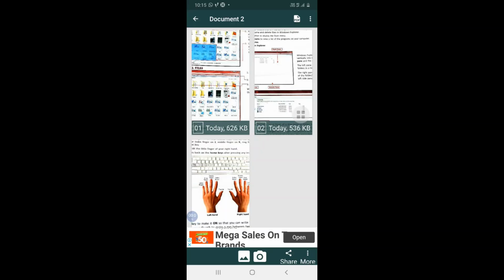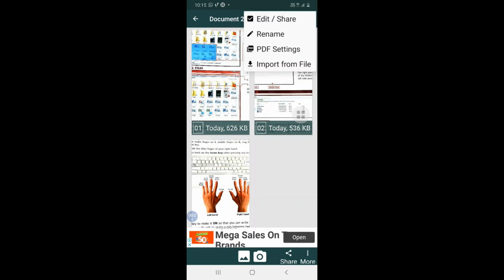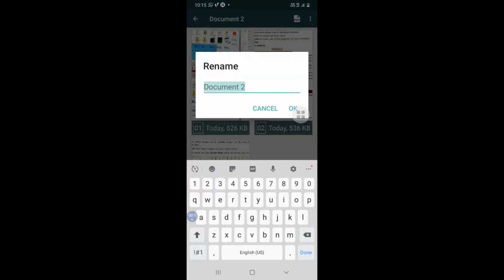Now we will click on the three dots which is at the top right side, and you will get the rename, share and PDF setting, import from file option. So I will click on rename, because when you want to send a file to somebody, its name should be appropriate.